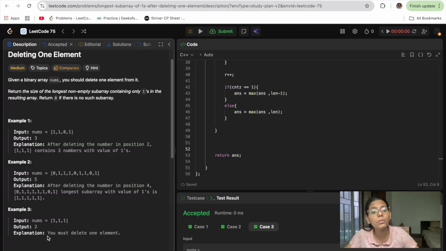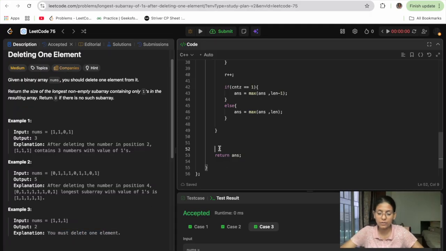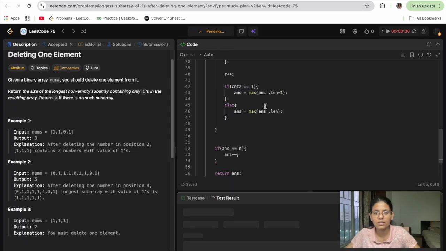So for that we will check if our answer is equal to n, that is the length of that array, then just reduce it, because we don't want all ones. We are deleting one element. So run it, and yeah, submit it.